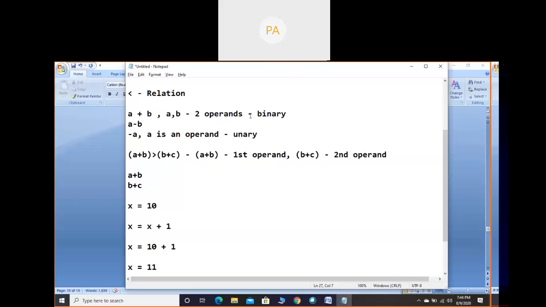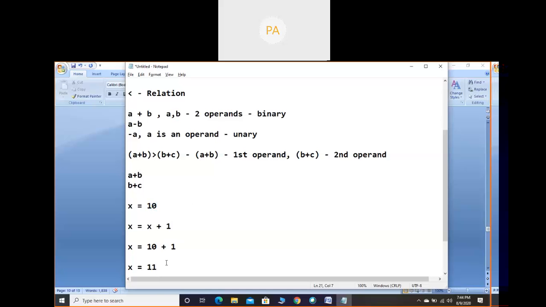This increment and decrement operator, let us go very slowly because in every program we come across it. So x equals 10. Next, x equals x plus 1. Don't substitute in the LHS, only substitute in the RHS. That is, in the RHS, substitute the value of x: 10 plus 1, the 1 you keep as it is. 10 plus 1 is 11. Now the new value of x is 11. In that way, you have to understand. That means, in the computer memory location where the memory location name is x, the value 11 is stored. Whatever value 10 was there will be replaced by the value 11.